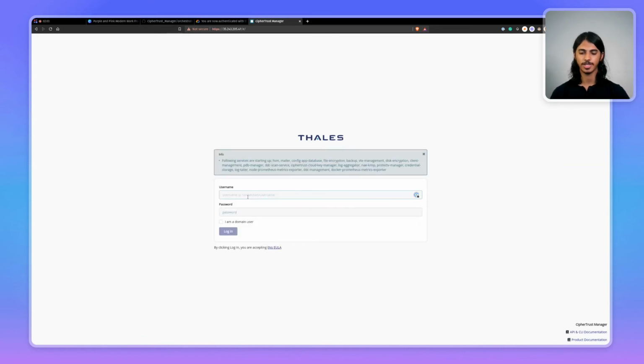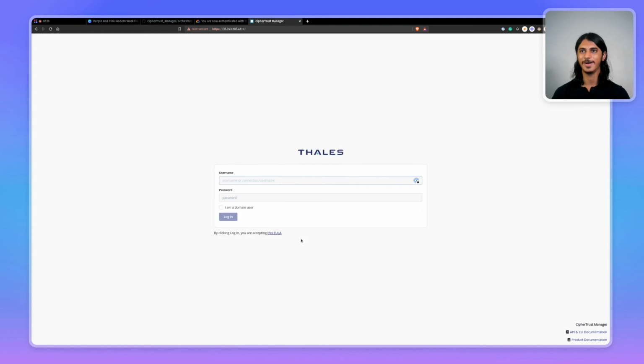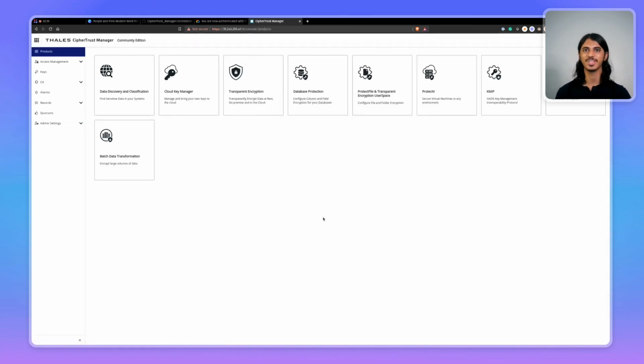And now we will have to put in the default username and password for CipherTrust Manager, which is admin for username and admin for password. Now we click on login. And now we're prompted to change our password to a more secure password. So I'm going to enter a more secure password, and obviously use a long password to keep it more secure. And now we log in with our new password and the same username of admin. And once we do that, we should be logged in to